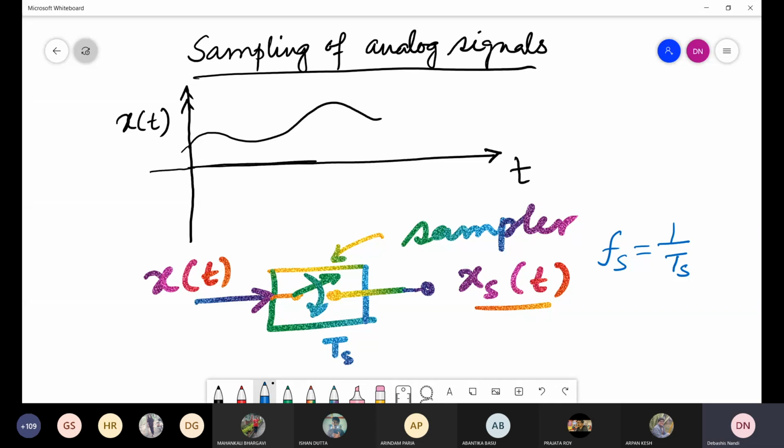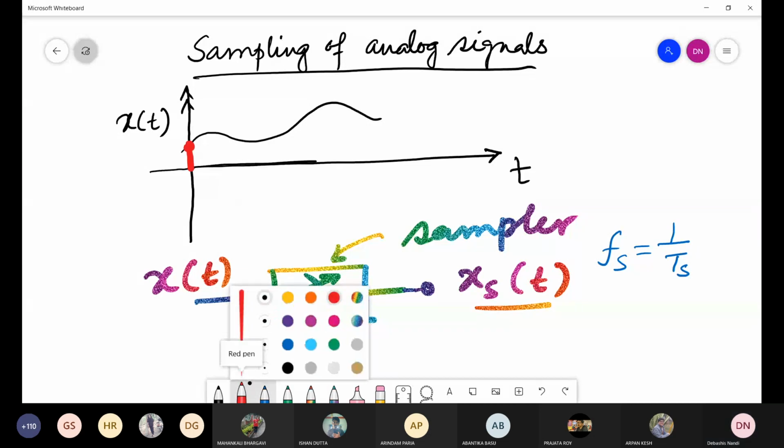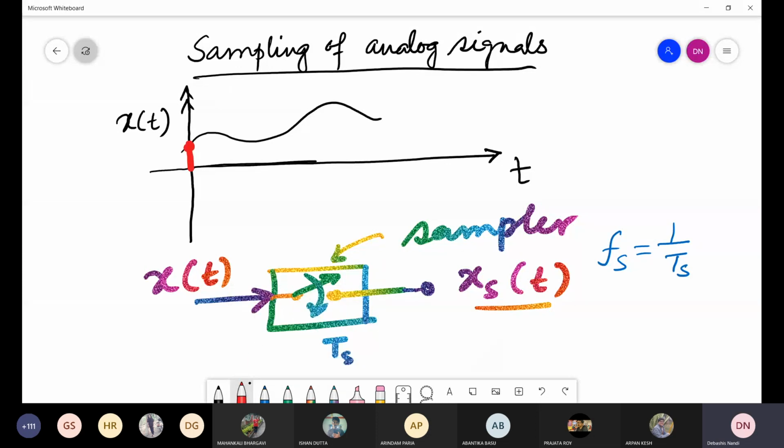Now I will show how this particular signal is sampled. Suppose here at t equal to 0, you are taking one sample value. At t equal to 0, you are taking one sample value. And then at this point, after a distance,